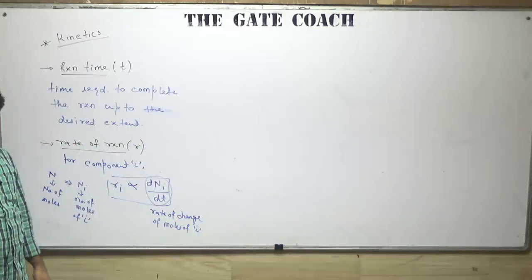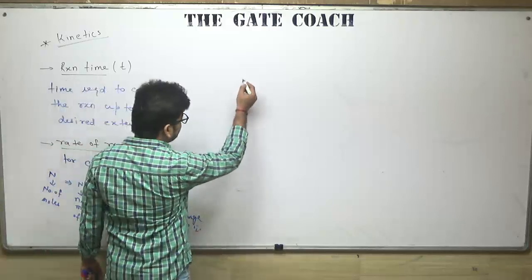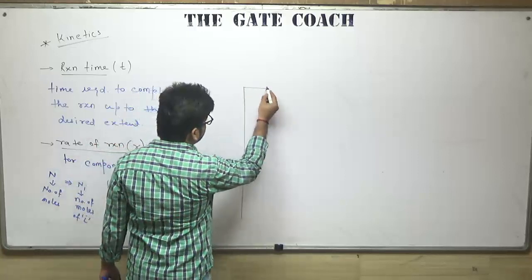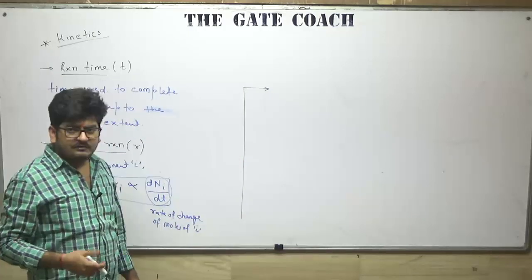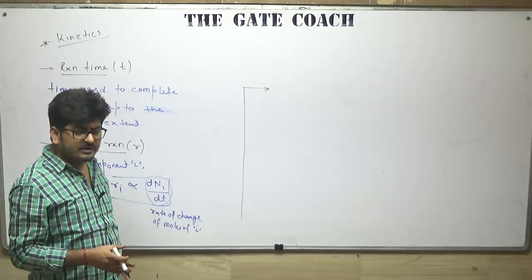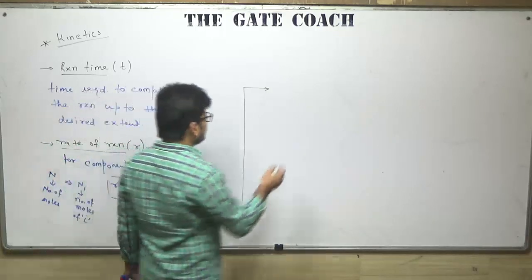So when we talk about the rate of reaction, we can define the rate of reaction in three ways mainly. If you see the books, you may find n number of bases, but we will talk about only three of them. First,